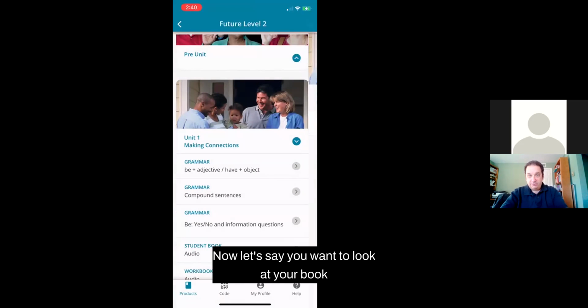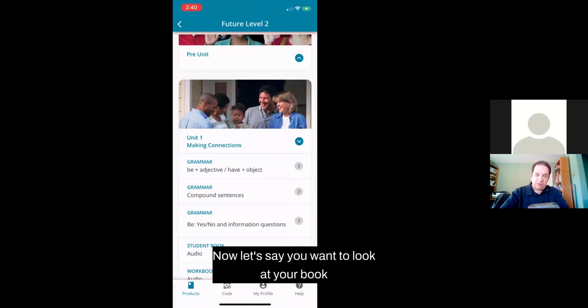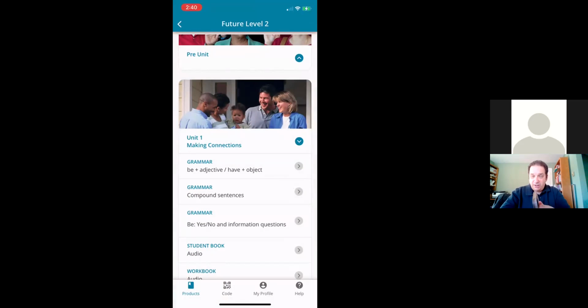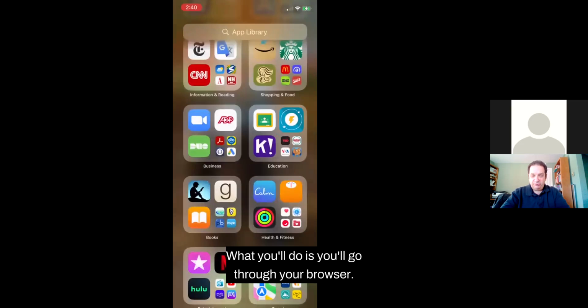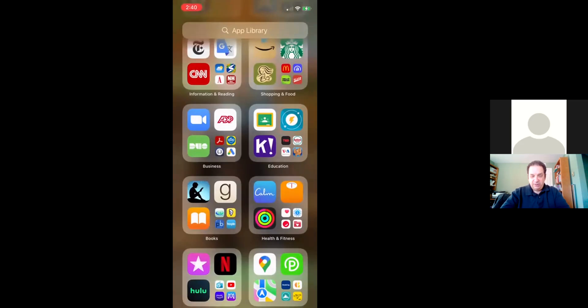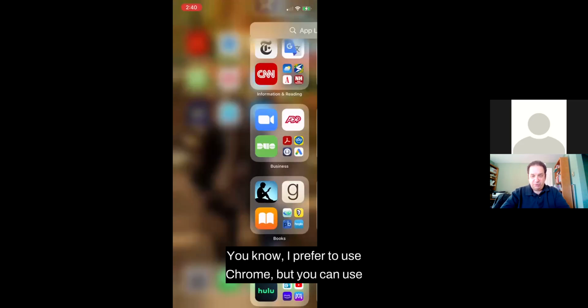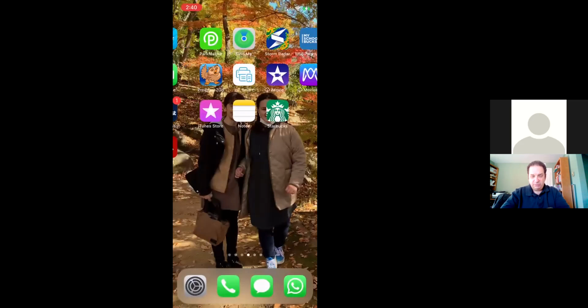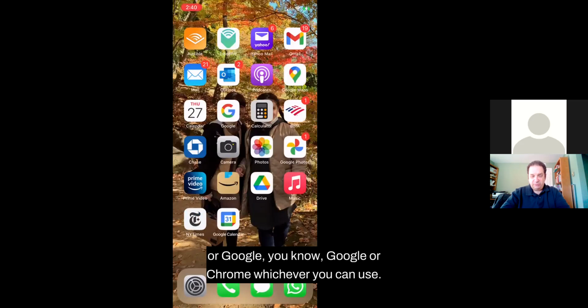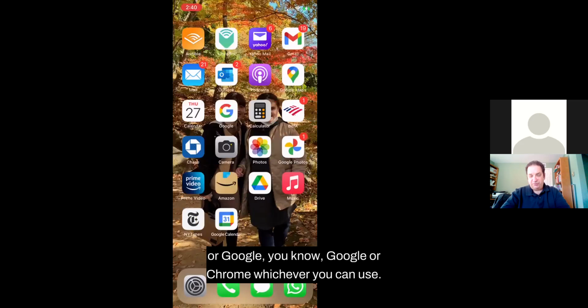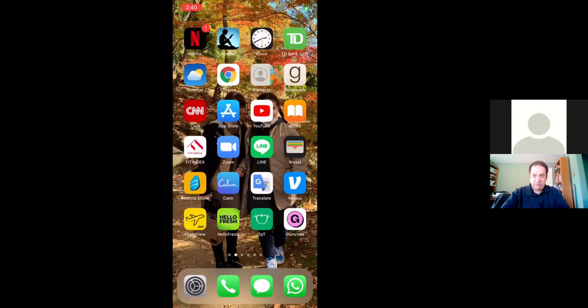Now let's say you want to look at your book on your phone. Okay, it doesn't go through the app. What you'll do is you'll go through your browser. I just prefer to use Chrome, but you can use Google or Chrome, whichever. You can use Safari, it doesn't really matter. Chrome here,